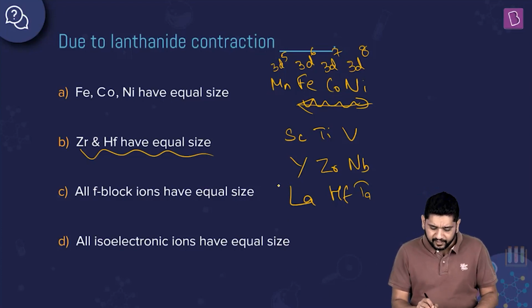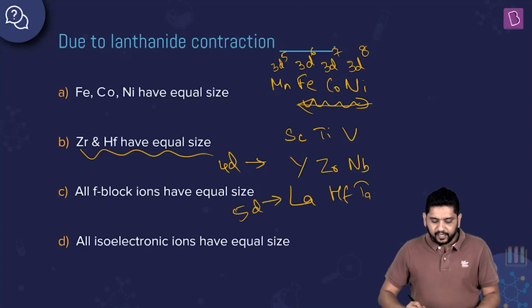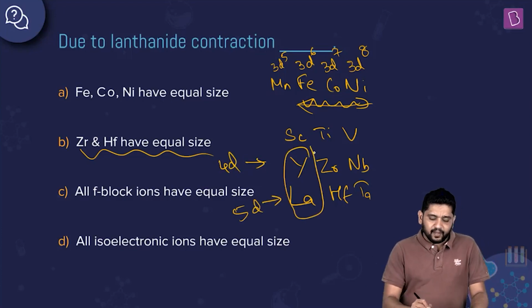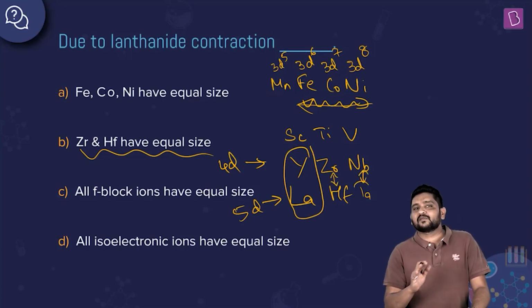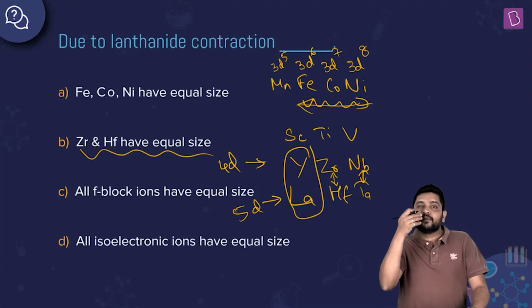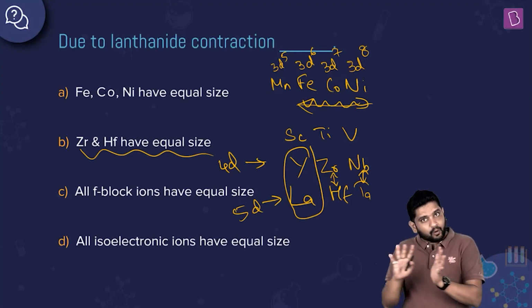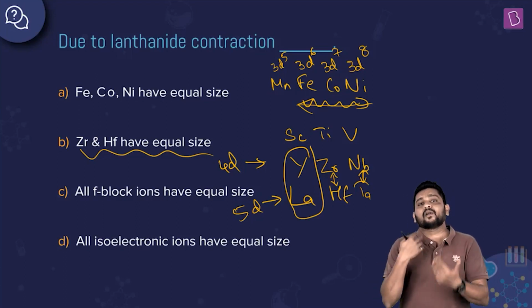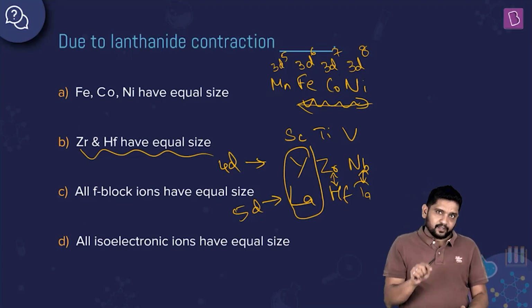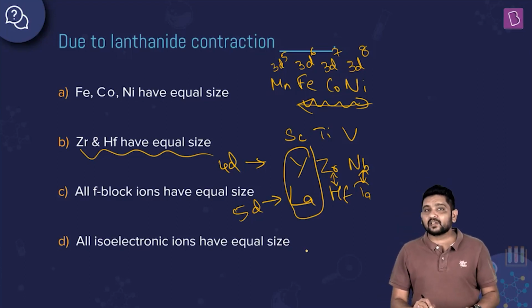The point is that when I'm looking at your 4D series and 5D series, what is seen other than yttrium and lanthanum is that all of these corresponding elements have the same size, and niobium, tantalum, as we go forward all the way till the end. So you have your palladium, platinum, gold, silver, and even your cadmium and mercury, they have approximately the same size. I mean corresponding elements, I'm not saying all of these elements have the same size. From left to right there is an expected decrement in size. On top of that, what we see is that the corresponding elements from 4D and 5D end up having approximately the same size. This is because of lanthanide contraction.